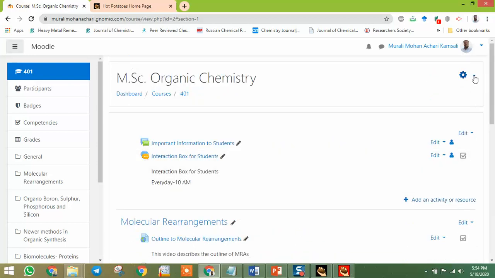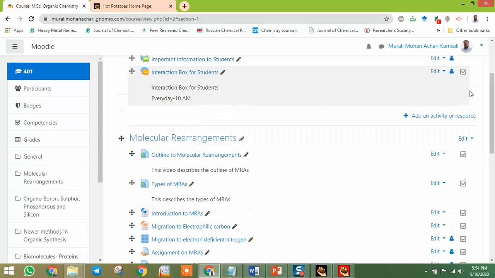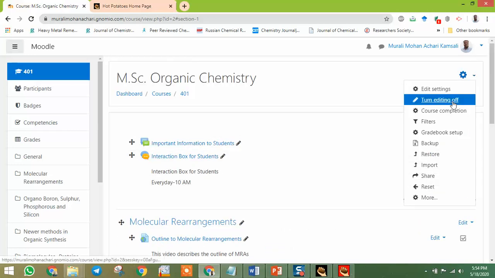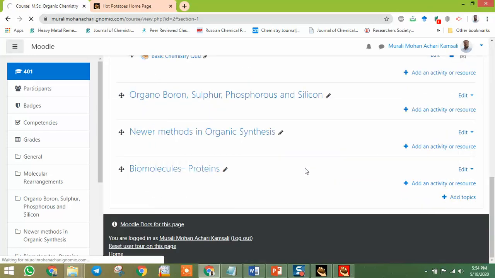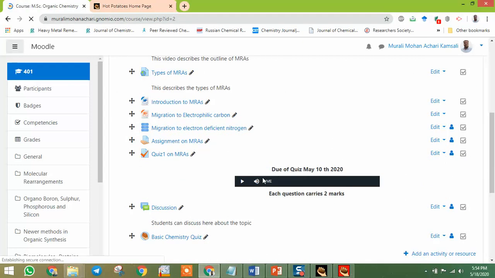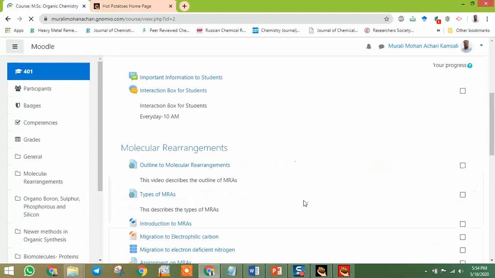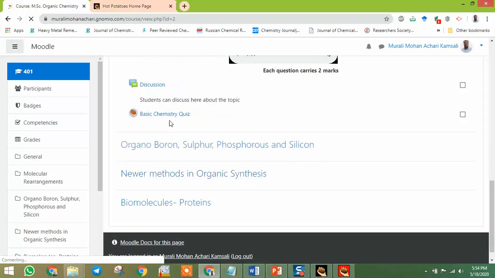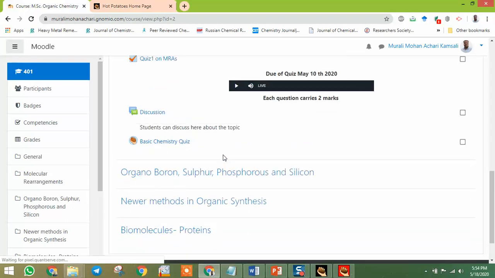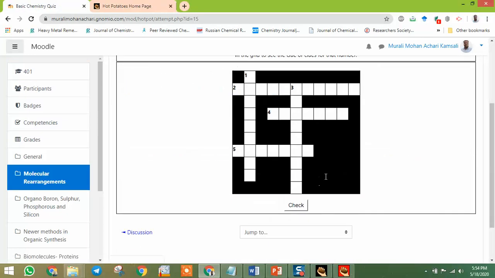My students will see it like this. There is a quiz I already added to my course. Once they come to this course, they will click on this basic chemistry quiz, which is a crossword puzzle.